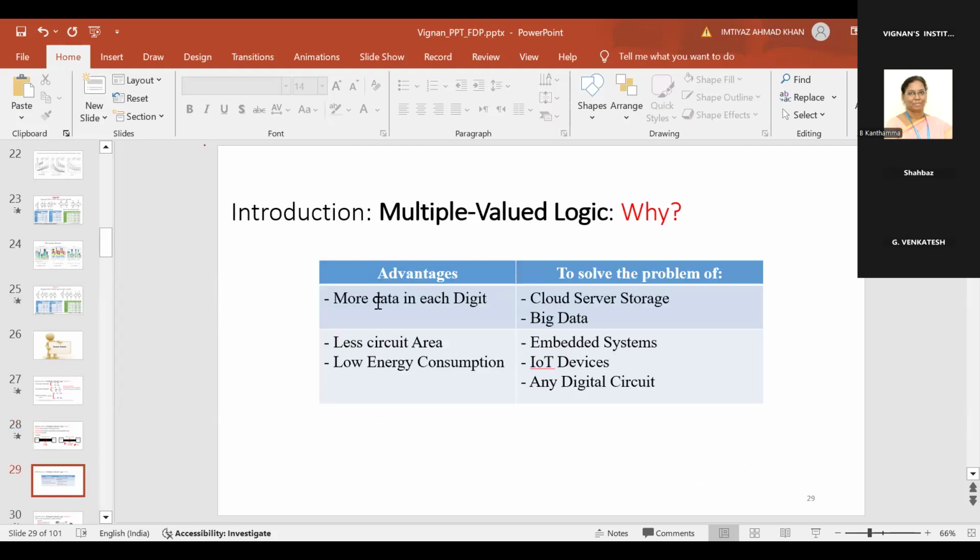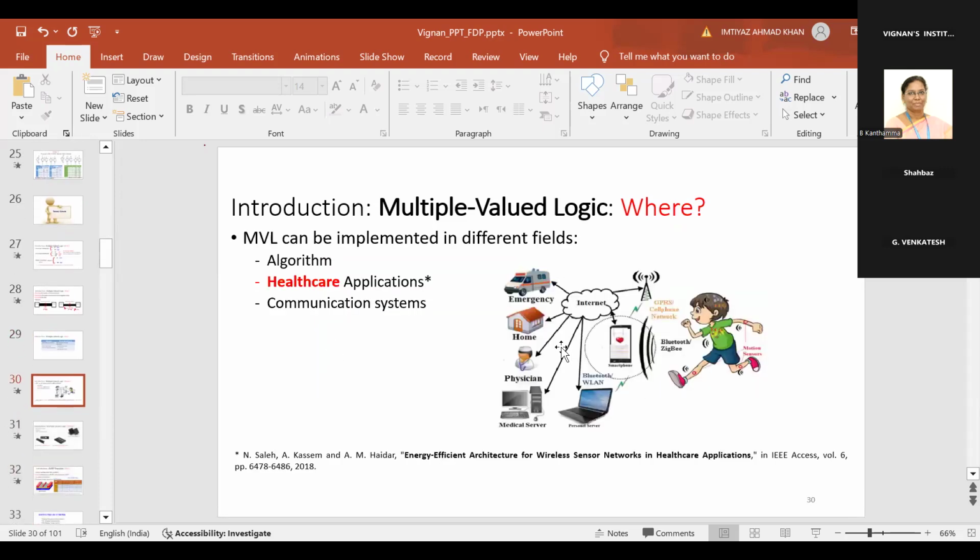The advantage means more data in each digit, less circuit area, and low power consumption. Applications include big data, embedded systems, IoT devices, and any digital circuits. Here is also an example of scale application on the IoT, the internet, using a number of connected devices, but in binary you